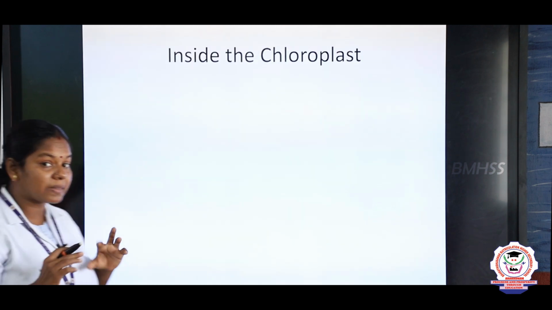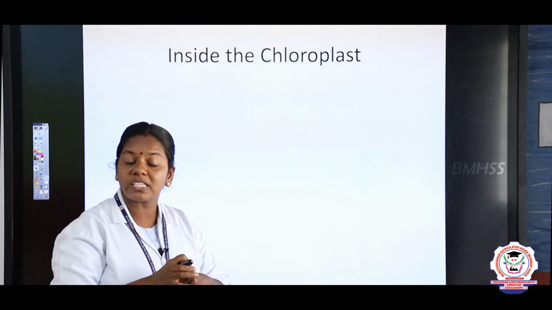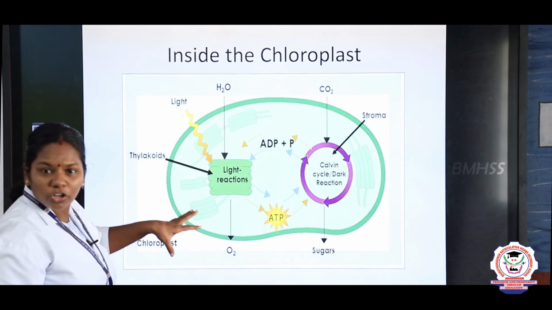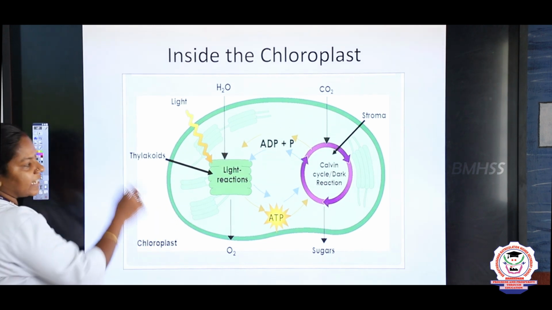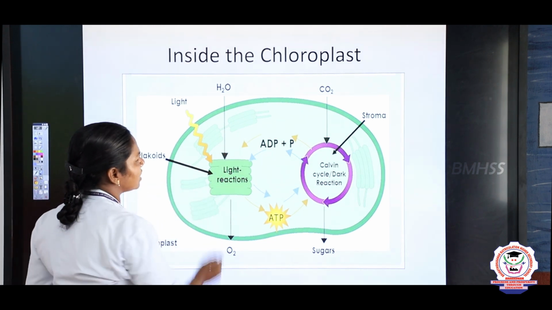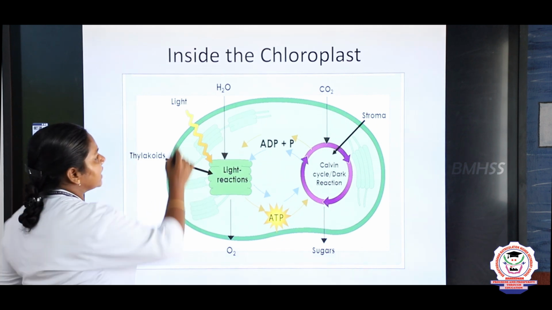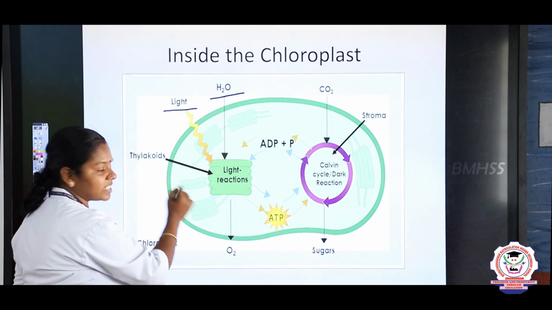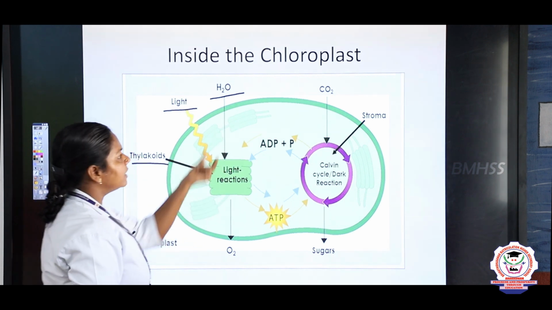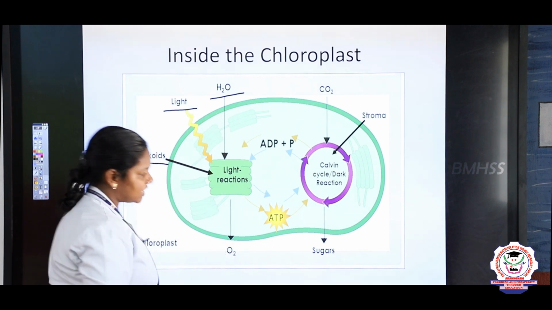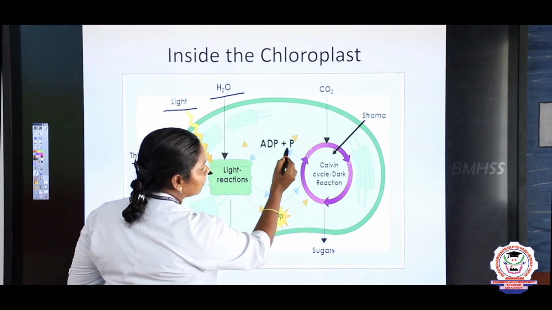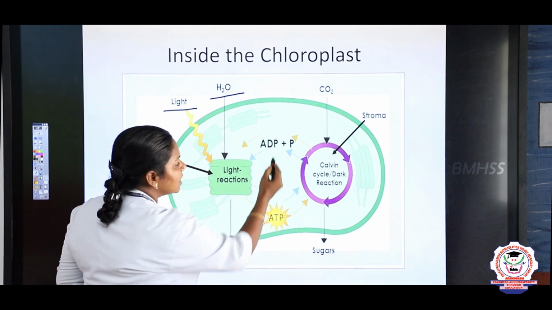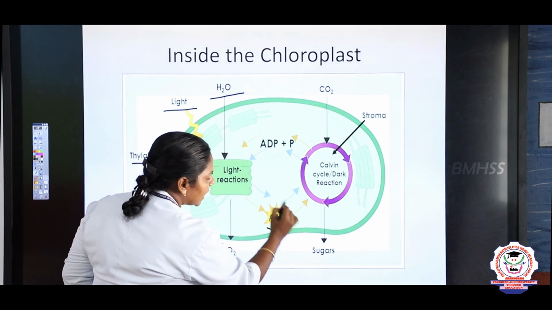And now we are going to see, we studied the difference, right? Now we are going to see the diagrammatic explanation of the light and the dark reaction. Inside the chloroplast, children, just look at this picture. Inside this is the chloroplast, and here is the light reaction. What is the source of the light reaction? Yes, sunlight and water, and the light reaction takes place in the thylakoid membrane. And what does it produce? It produces oxygen, and it produces ADP and phosphate. ADP is diphosphate; if you add one more phosphate, it becomes triphosphate. So ADP is converted into ATP.